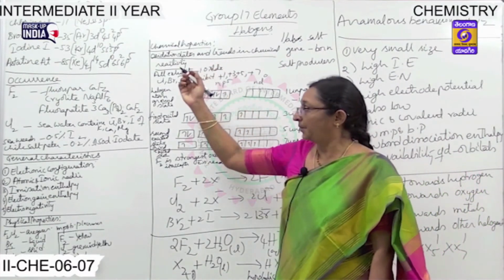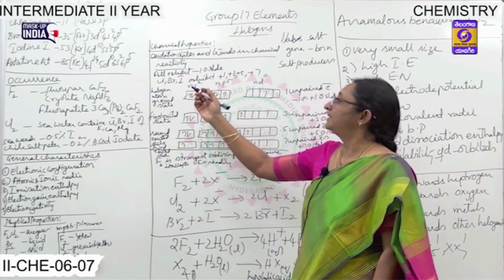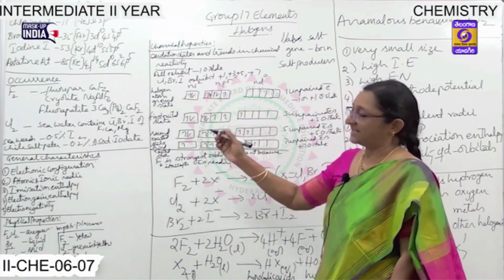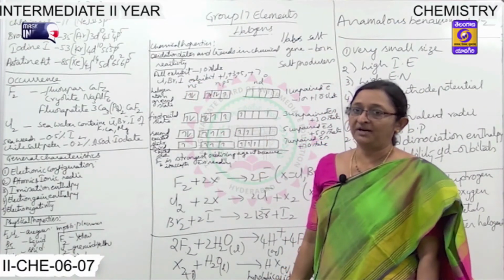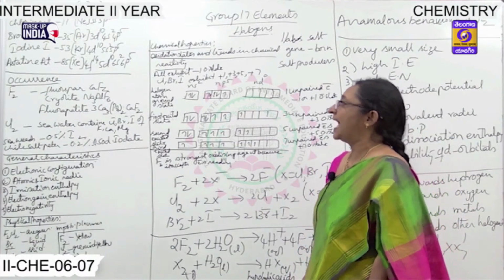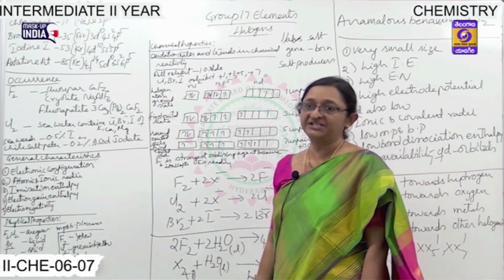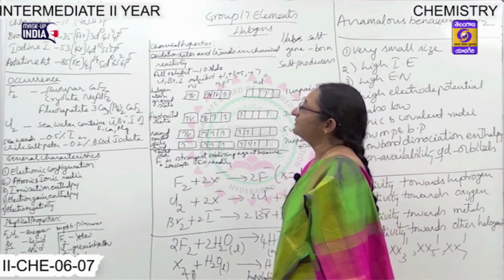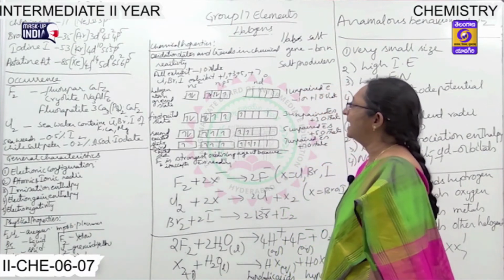Fluorine, chlorine, bromine, iodine and astatine. These are called halogens. Astatine is a radioactive element. Then if you observe the occurrence,